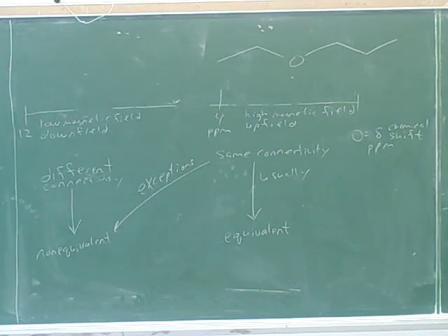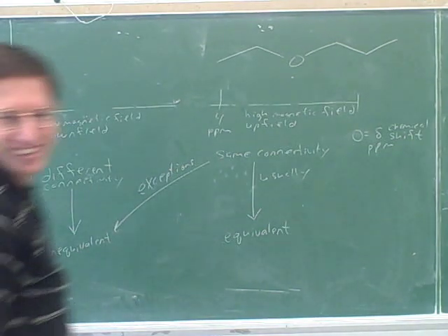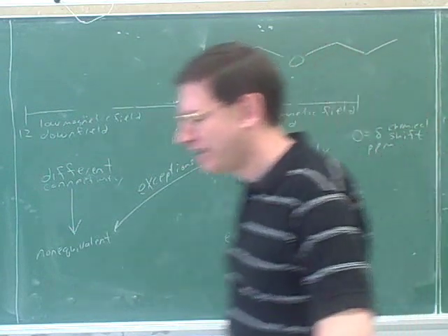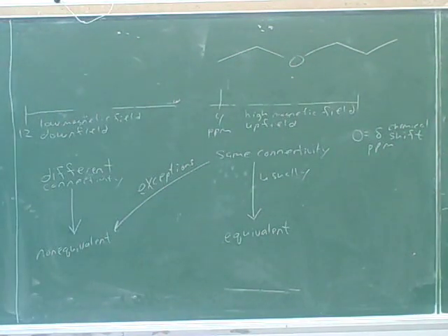So it looks like you said these 2 are equivalent? Mm-hmm. I want to change that. Okay. If there's any difference in their environments, then they're different. So this will be A, B, C, D, and then